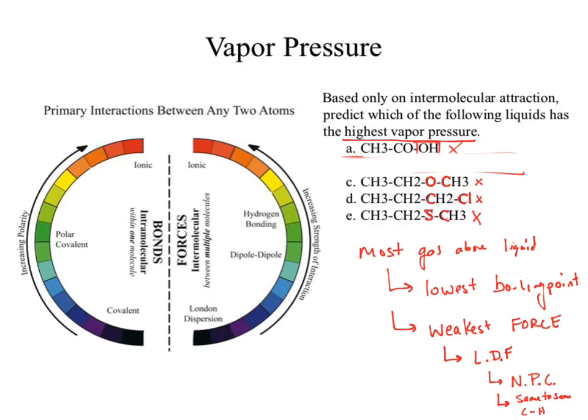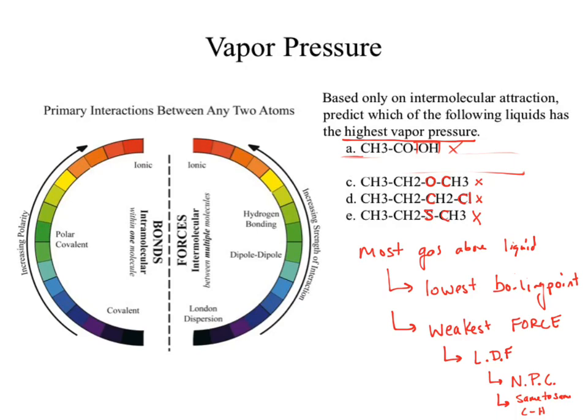A gets eliminated because we have hydrogen bonding. The OH bond is a polar covalent bond which generates dipole-dipole forces. Because we have hydrogen bound to oxygen, nitrogen, and fluorine, we have hydrogen bonding. Hydrogen bonding is stronger than dipole-dipole. A is wrong. Okay? CDE. Good question. I don't know either. Okay? Which ultimately means